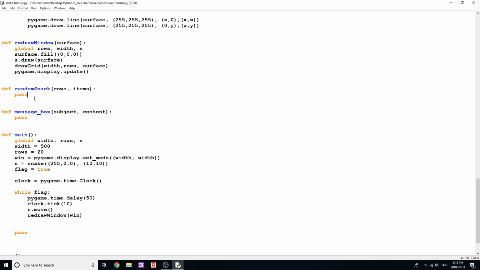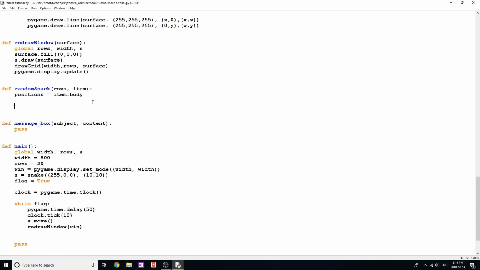So to do this, we are going to generate what I want to call a random snack that we're going to place on the screen that our snake can eat. The way that we do this, I'm just going to say positions equals item.body, and this shouldn't be item, it's just going to be a snake object. I don't know why I'm calling it item, but that's what I'm calling it. And we're simply going to set a new list equal to that list. Okay, so now we're going to say while True,